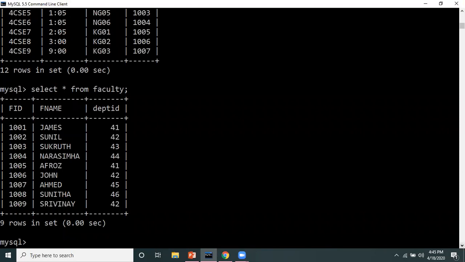Now let's solve this query with nesting. So how should I write it? Select max of s dot age. This is my maximum function, an aggregate function which will give me the maximum age. So s dot age from student s, where s dot snum in, because I have to select multiple rows and do nesting.